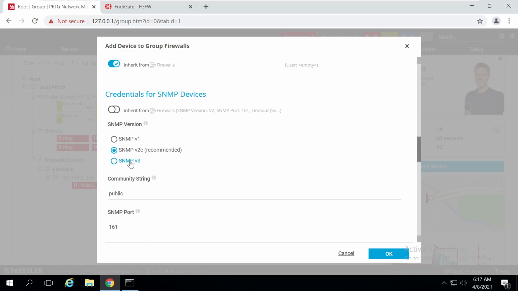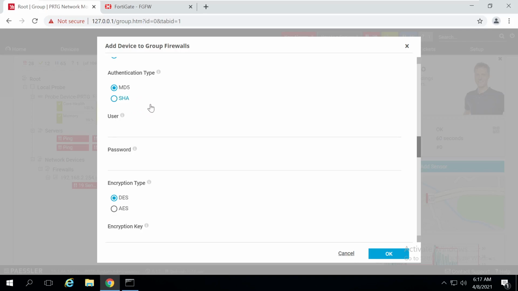It has really good authentication features. Compared to v2c, where we only have a community string as a password, which is not really a password, in version 3 we have different authentication algorithms, MD5 and SHA.